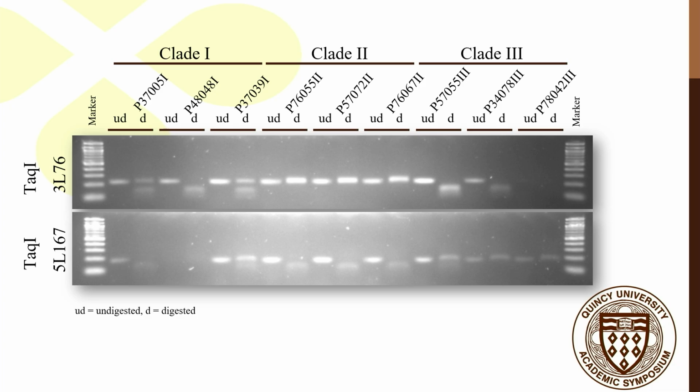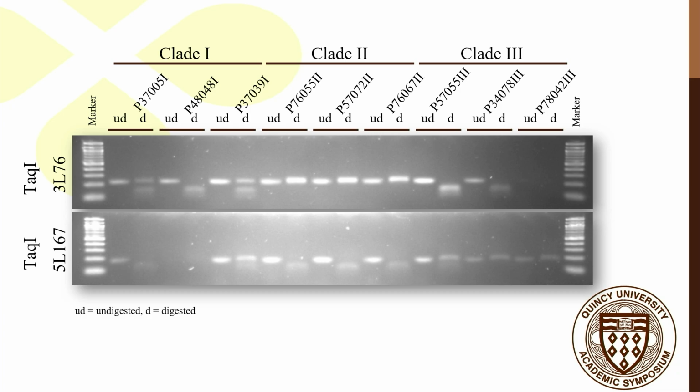For 3L76, this is a great example with our data. Clade 1 has a heterozygous digestion here, as well as a homozygous for 2 restriction enzyme sites in the second strain, and another heterozygous for the third strain within clade 1. If we go over to clade 3 on the right side again, we have another example of it being homozygous for 2 restriction enzyme sites. Clade 2 is going to have more of the homozygous nature with no restriction enzyme sites as well.